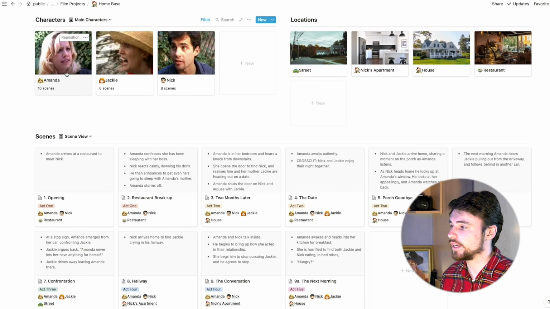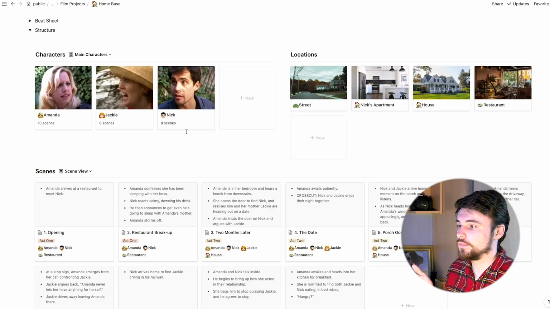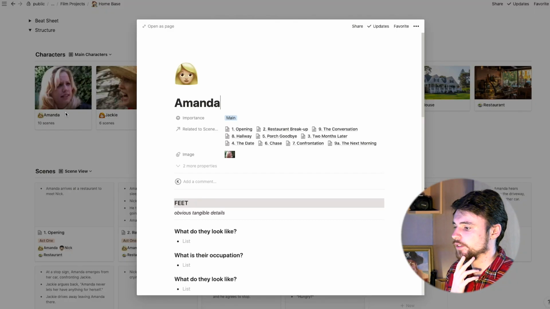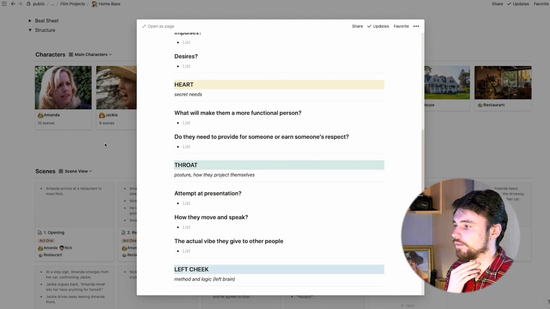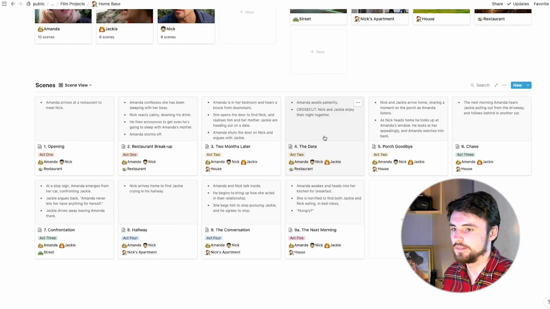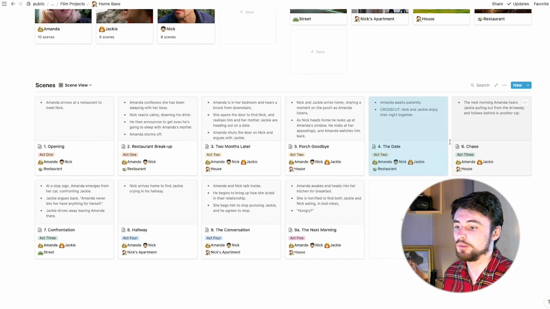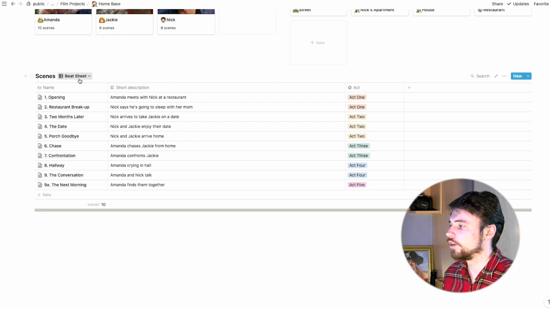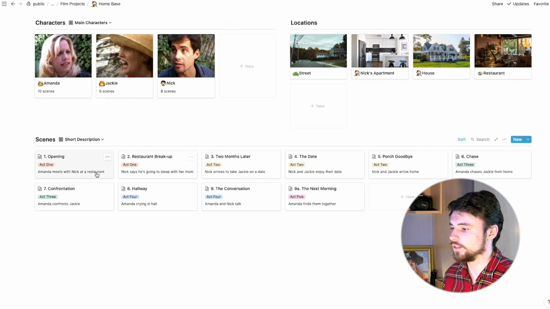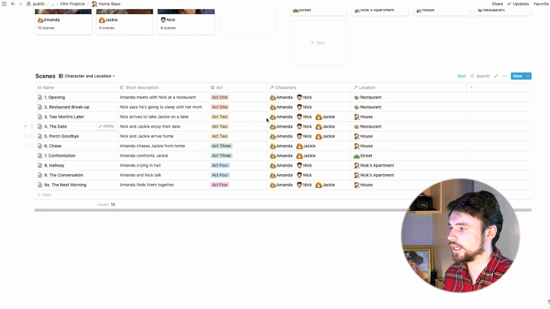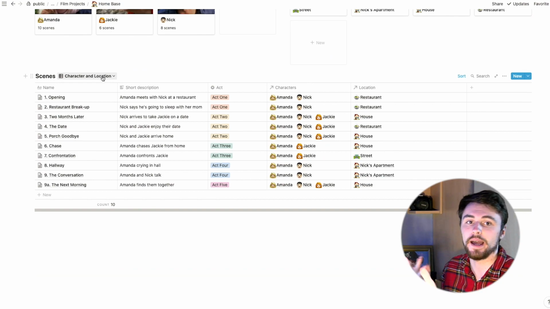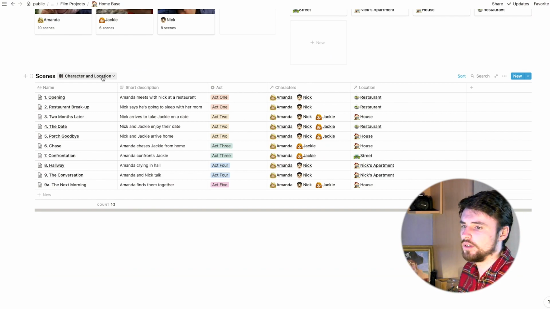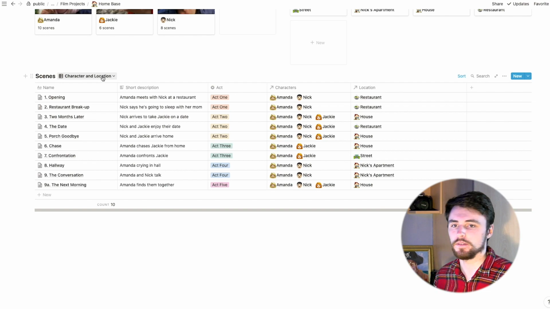So obviously I have my characters here, and then I'll talk a little bit about this character one. I'm going to go into all this, but basically my character ones, I also have character profiles. This view really, really works for me. And so similarly, I can move these around. If I want to look at it this way, I can also just look at it just in my beats like here, or I can go, okay, I just want to see that little short description of each one, or I can go, okay, I want to just see the character and location. There's so many different ways that you can look at your structure, which is really important creatively, I think, to be able to see everything from all these different angles.